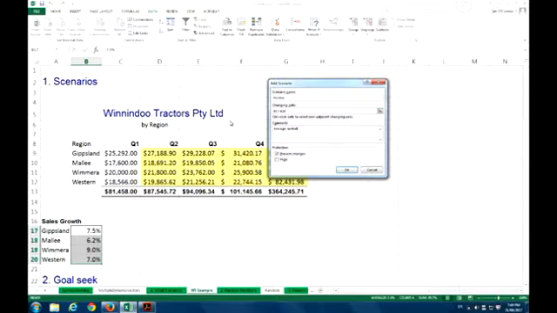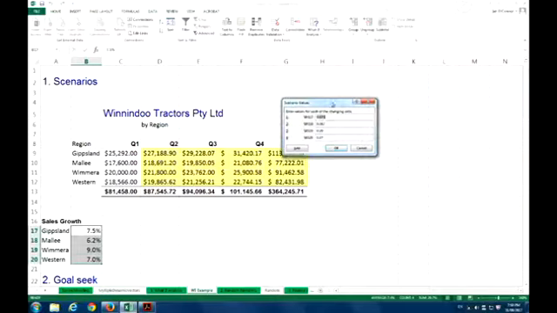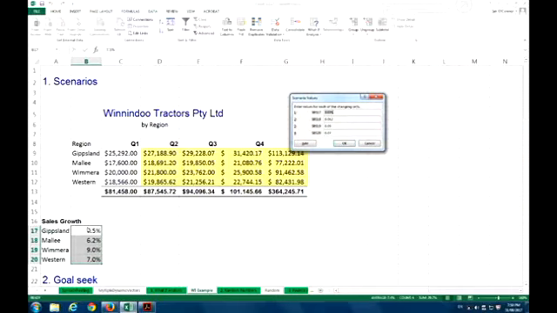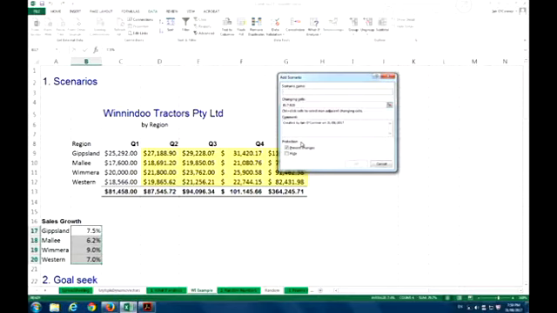So in this case I've given it a name by changing these cells, B17 to B20. This is my current area. I'll go in here and click on OK. I'm going to add one, and now there's the values coming from my current scenario. I can go in now and add a new scenario, for example, let's just call it